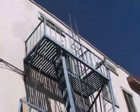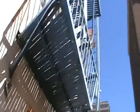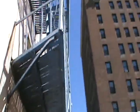This is video number 3, doing it from the ground to get a better view of the hit on the fire escape. Since I already spoke about the first floor and the second floor and the ladder system along with the staircase system, let's talk about what he actually did here from the ground level. As you can see, the fire escape is twisted completely because it was ripped off the wall by some sort of truck. As I mentioned before from up above, all the through bolts